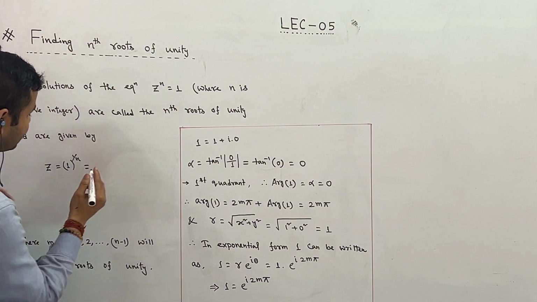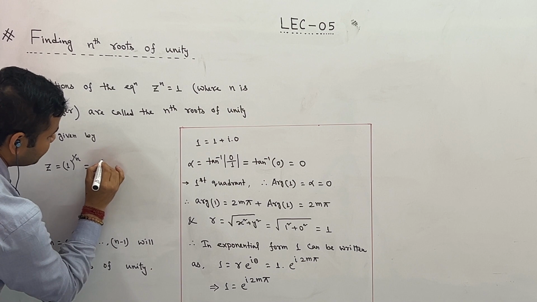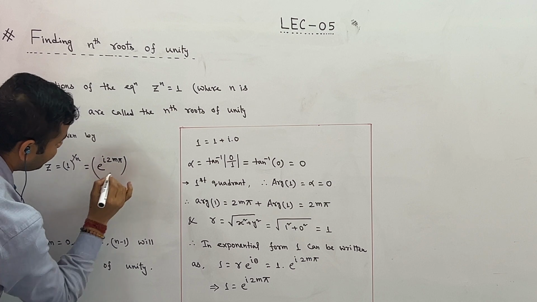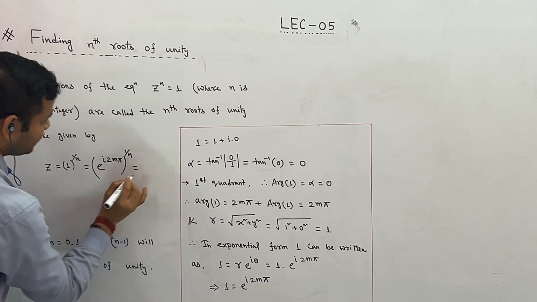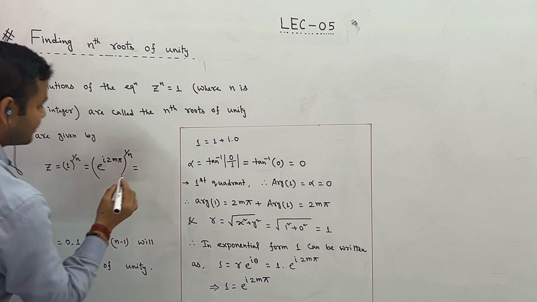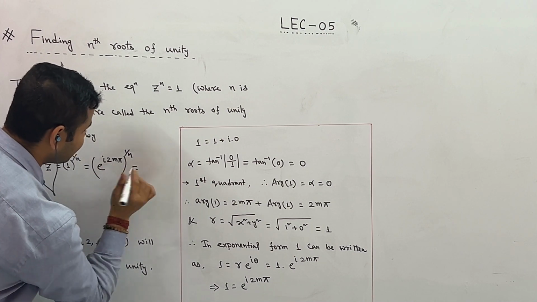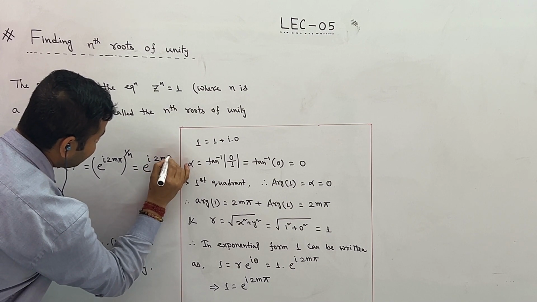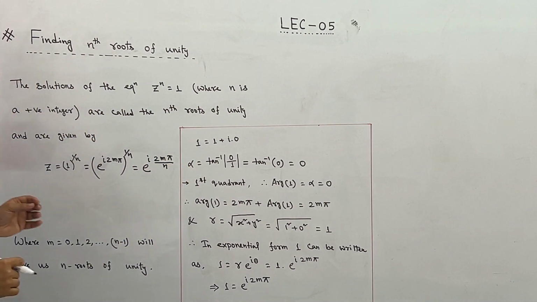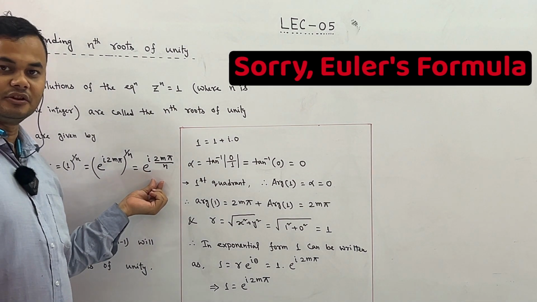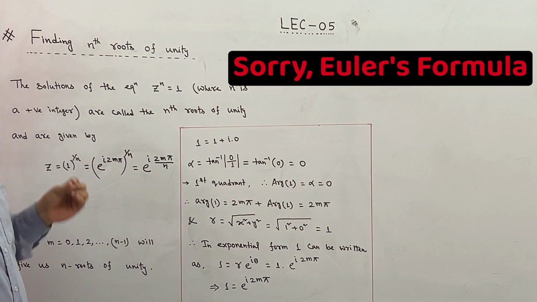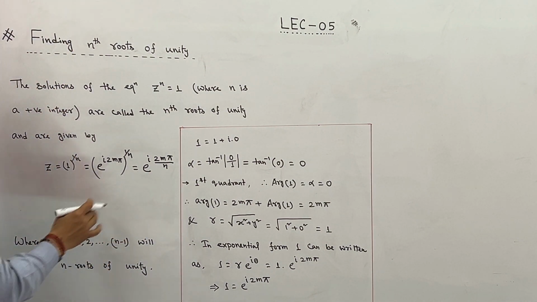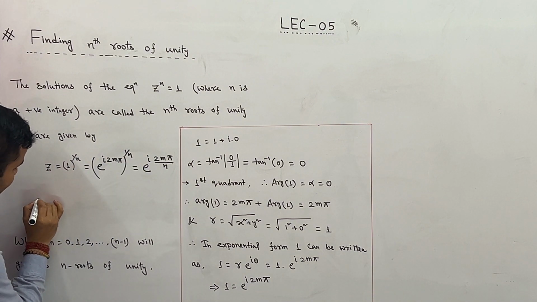Now let us replace 1 by e to the power iota twice m pi. So we can write e to the power iota twice m pi, whole to the power 1 by n. Now let us simplify this term. After simplifying, we can write this term as e to the power iota twice m pi divided by n. Next, let us apply de Moivre's theorem. According to de Moivre's theorem, e to the power iota theta equal to cos theta plus iota sin theta. After applying de Moivre's theorem, we can write z